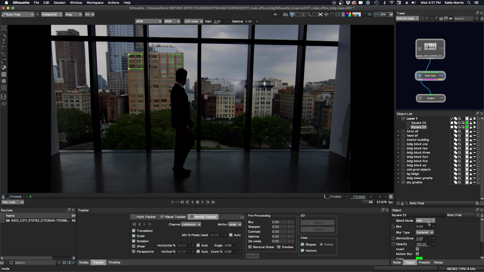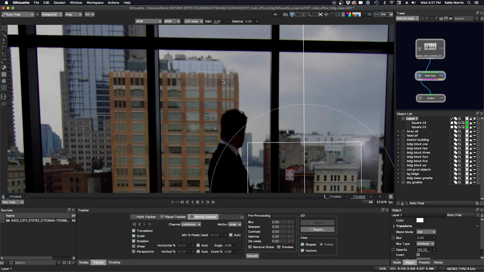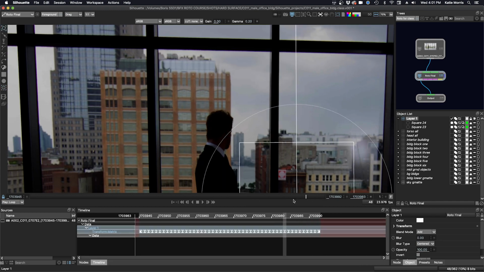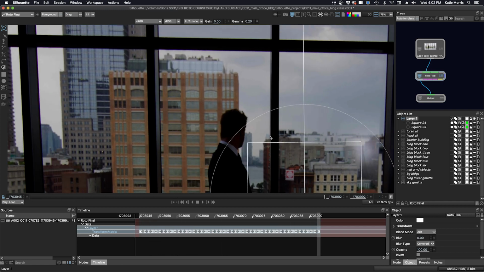Somehow our motion blur is turned on. I'm going to go to the node and make sure that is disabled. And we'll go back to the trackers and we'll just turn those off and lock them. Now we can make our shape. So when I'm looking at this, I want to make sure I'm going to start with this area up here. I'm studying the area, analyzing it.